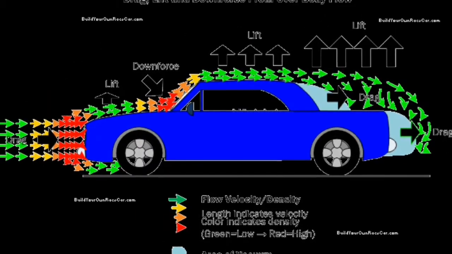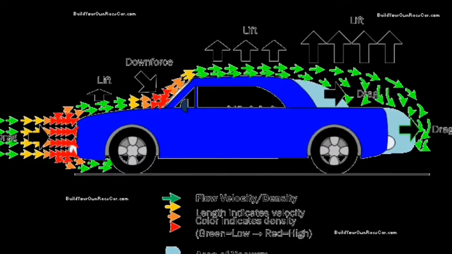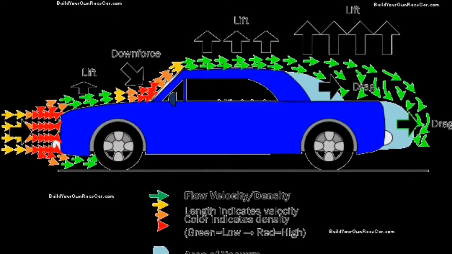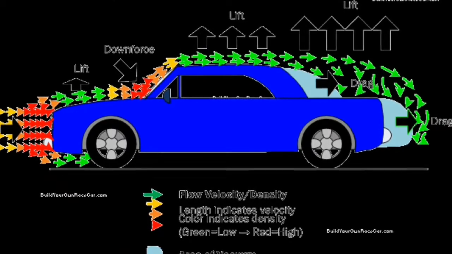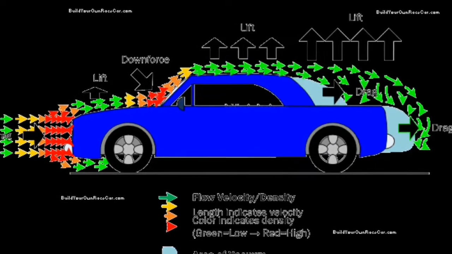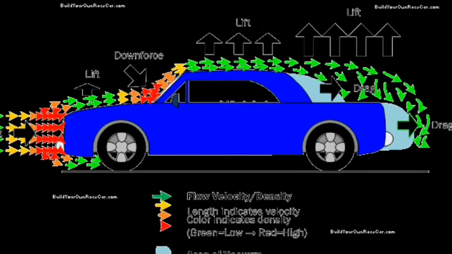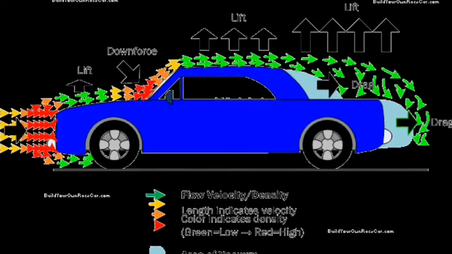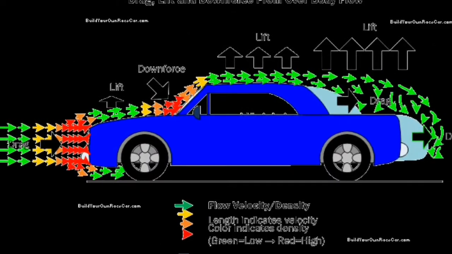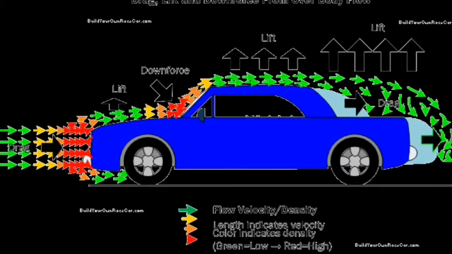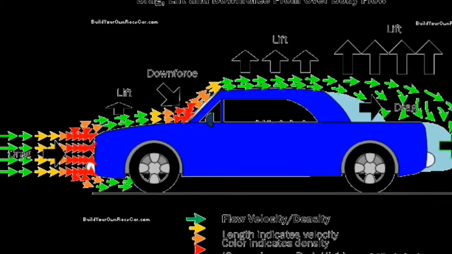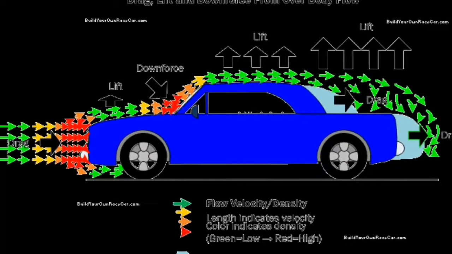So as the vehicle moves, the air strikes or impinges at the front of the vehicle, which causes flow restriction for the air molecules, and the velocity of those air molecules will drastically reduce or completely arrive at zero velocity. On the hood side, or the engine bonnet side, the velocity will only be slightly reduced, and the air still has the probability to move. That's why it has velocities.